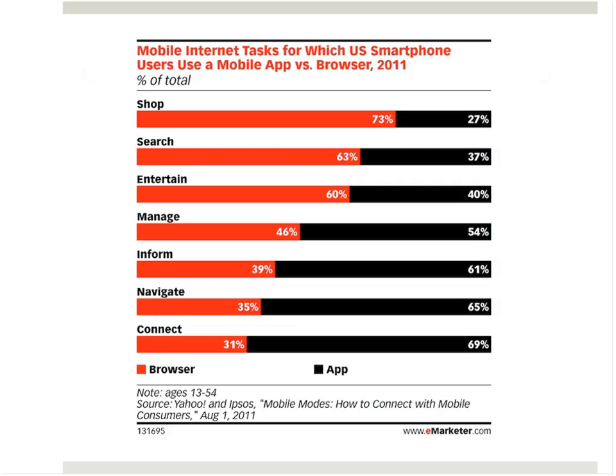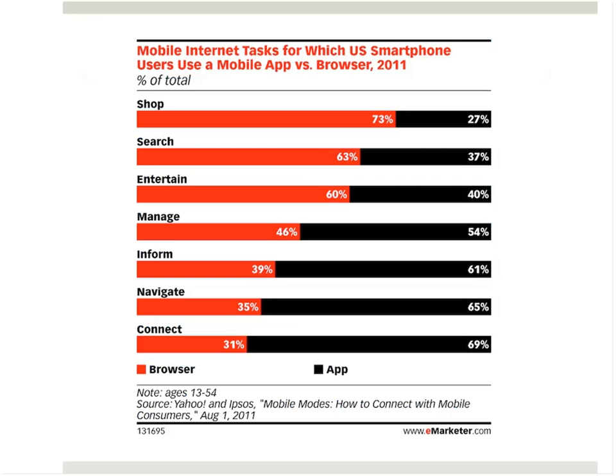So this is a pretty clever table that shows you, based on US statistics, what users are using in terms of mobile browsers and apps, what they're doing through their smart devices, and you see that depending on the function, there's quite a different proportion.